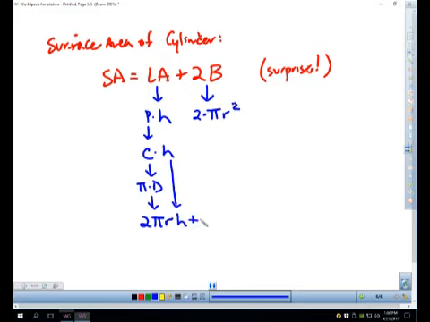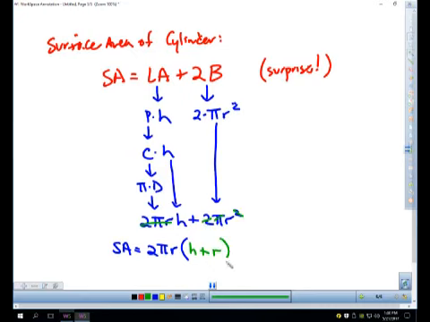I know we don't use that very often, but I'm going to show you why I'm using it right here. And obviously the area of the circle is pi r squared. So I'm going to do a little factoring here. I'm going to pull out a 2, a pi, and an r. And what that leaves me with is an h in the first part, and then 1 r left in the second part. And so this is a really short, relatively easy to use formula to find the surface